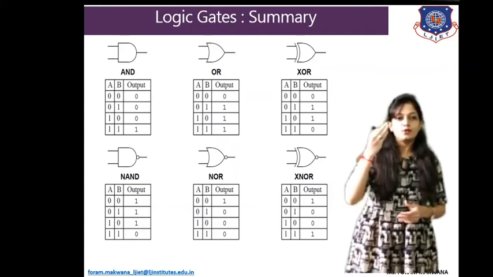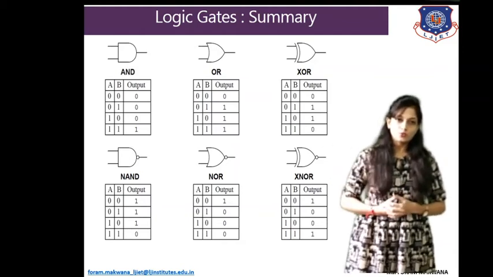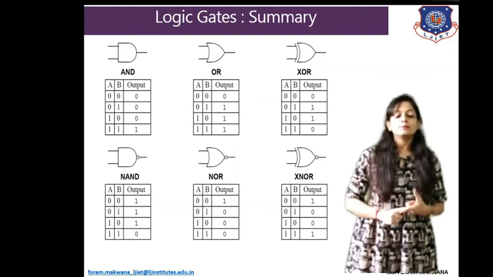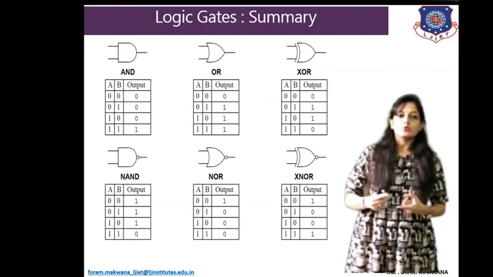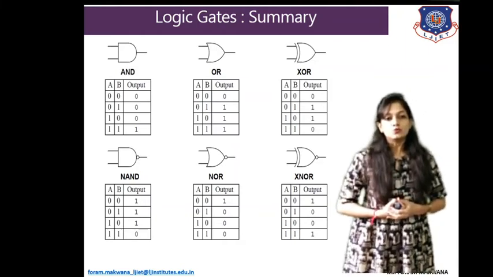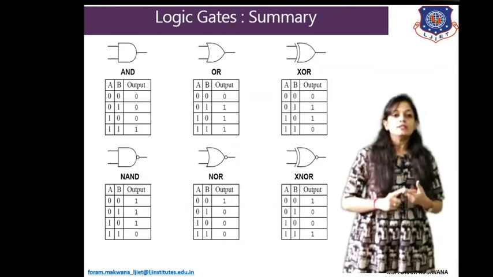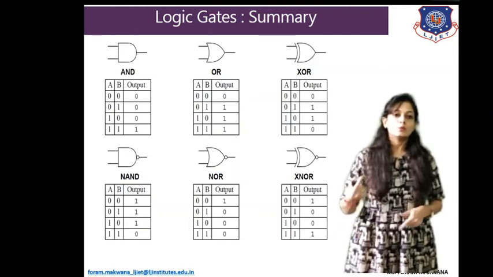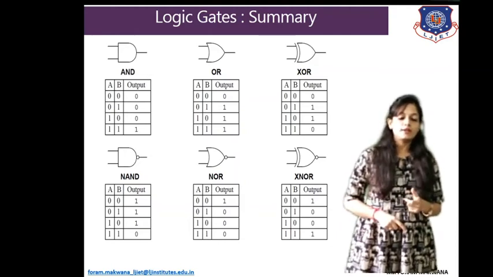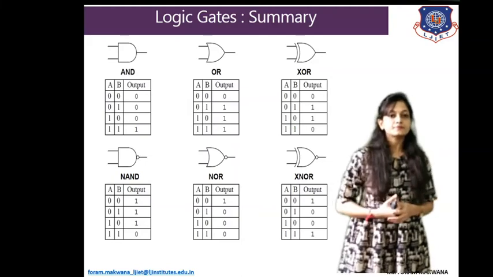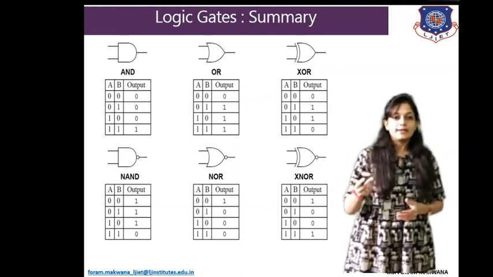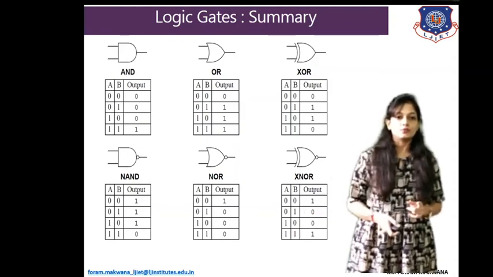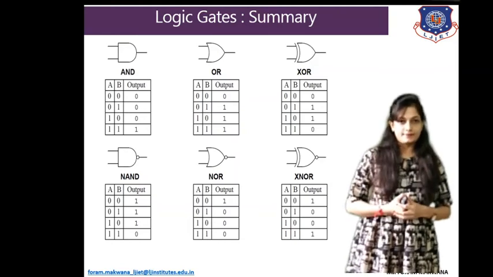As you can see, for AND gate, if any of the input is equal to 0, output is equal to 0. For output equal to 1, both the inputs should be 1. So, for the NAND gate, we need to invert the output of AND gate. Why? Because AND plus invert is equal to NAND. The full form of NAND is NOT plus AND. So, for 0,0 we are getting 1, for 0,1 we are getting 1, 1,0 is 1, and 1,1 gives 0. This is for the NAND gate.